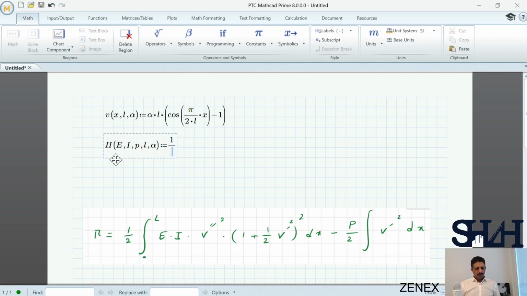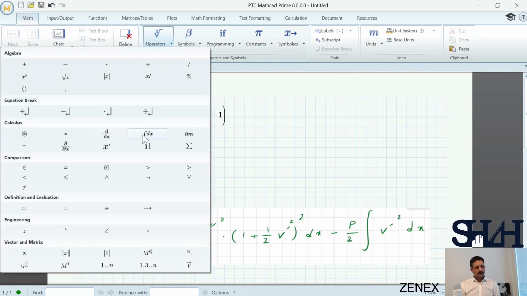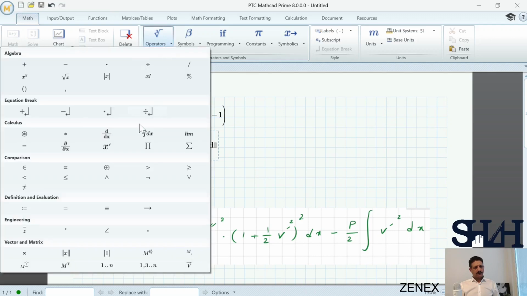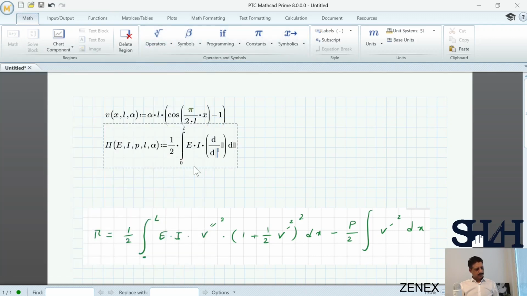So it will be 1 over 2 times integration from 0 to L, E times I times the second derivative of the function v with respect to x. Don't forget to write the function power by 2